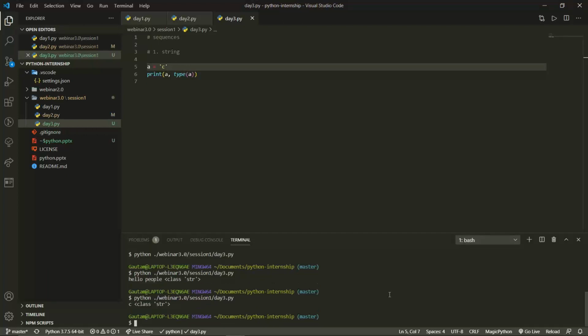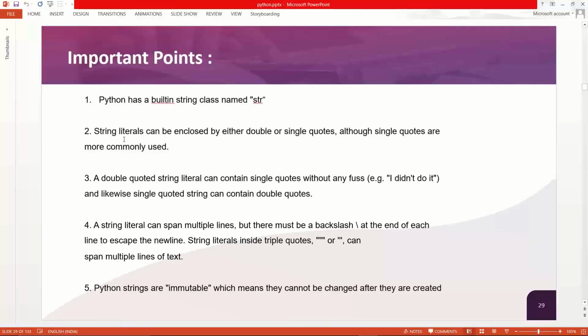When I execute this, the class is str, that is a string. So let me tell you, over here single quote and double quotes mean the same. There is no word defining character over here. Over here we only have strings, and the only thing to handle is string handling. That's it.